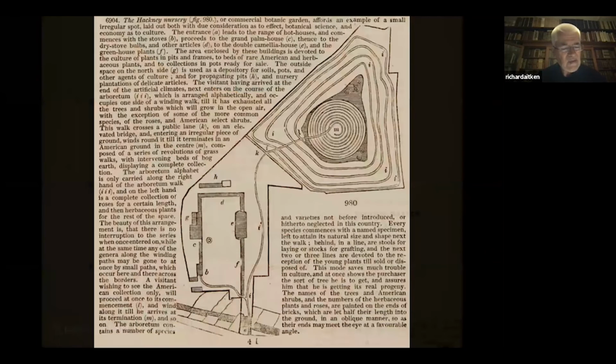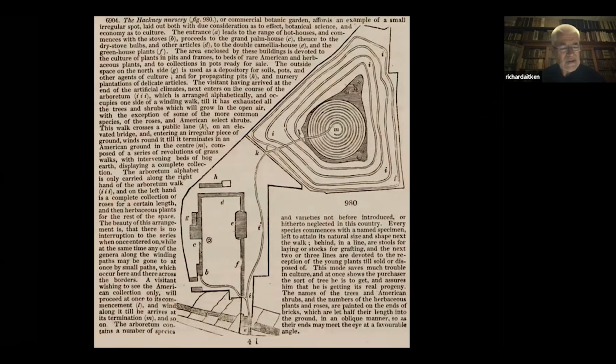I've mentioned that the display gardens of the early plant nurseries formed de facto botanic gardens, and from an Australian perspective, probably none were more significant than that of the Hackney Nursery in London, run by the Lodige family. Loudon not only illustrated this plan of his nursery in the Encyclopedia of Gardening of 1834, but also repeated claims that Lodige may have had just as many plants in cultivation at Kew.